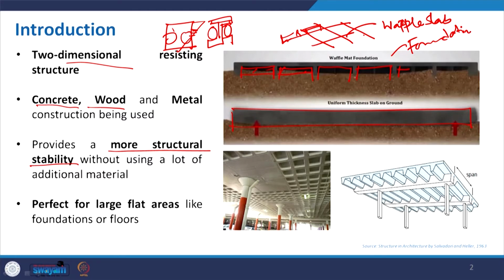Both serve the same purpose of providing stability. It is also effective for large spans. Earlier, when we discussed post and beam, we saw that if we want a large span, we have to increase the depth of the beam or place multiple columns, but multiple columns essentially block the space. When we require a columnless space, the way is to increase the depth of the beam if we go with the frame structure, but there are other alternatives.